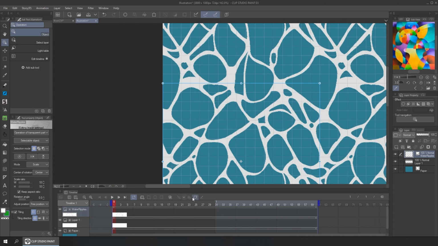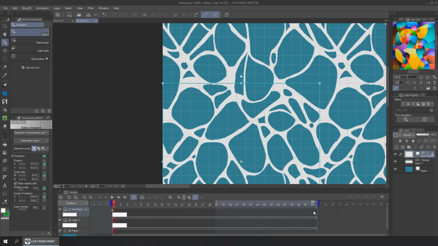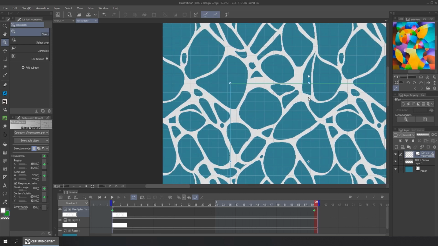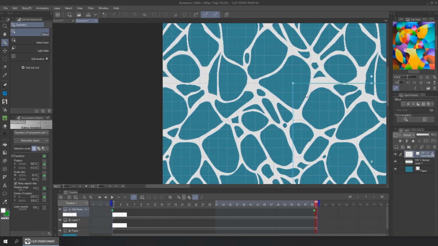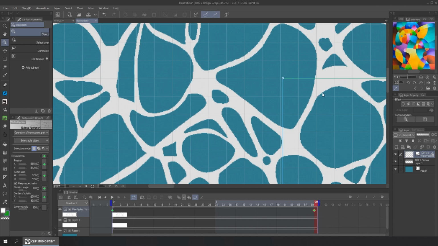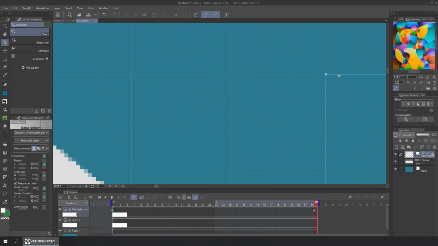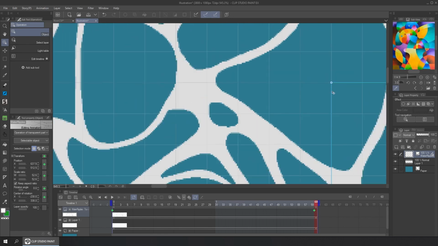Now we can click Enable Keyframes to activate this layer animation feature, and let's change the interpolation to linear. Right click over here and add the first keyframe. Now in the last frame, with the operation tool, we can move the texture. You can move it with the cursor, or you can use the arrows in the keyboard. Let's move the texture until you reach the end. When the texture is here, it means that it will repeat indefinitely.